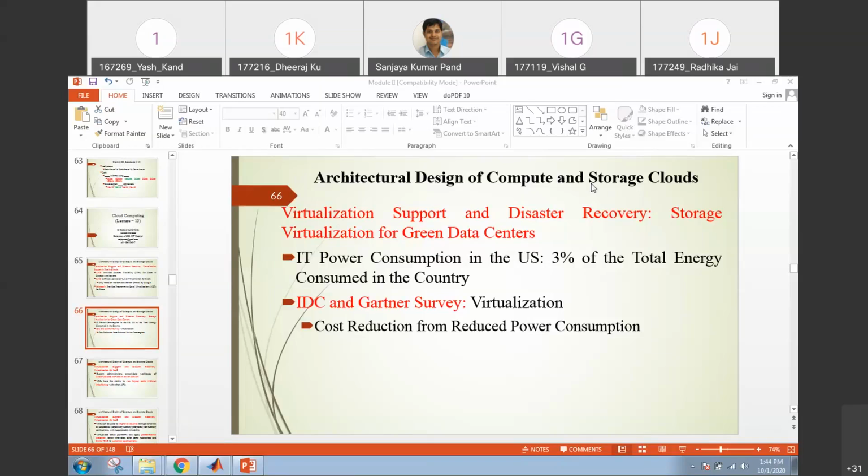In both cases the resource utilization is less. But if you go for solution 1, the resource utilization is 70%. So obviously 70% is more than 40% or 30%. So solution 1 is better than solution 2.